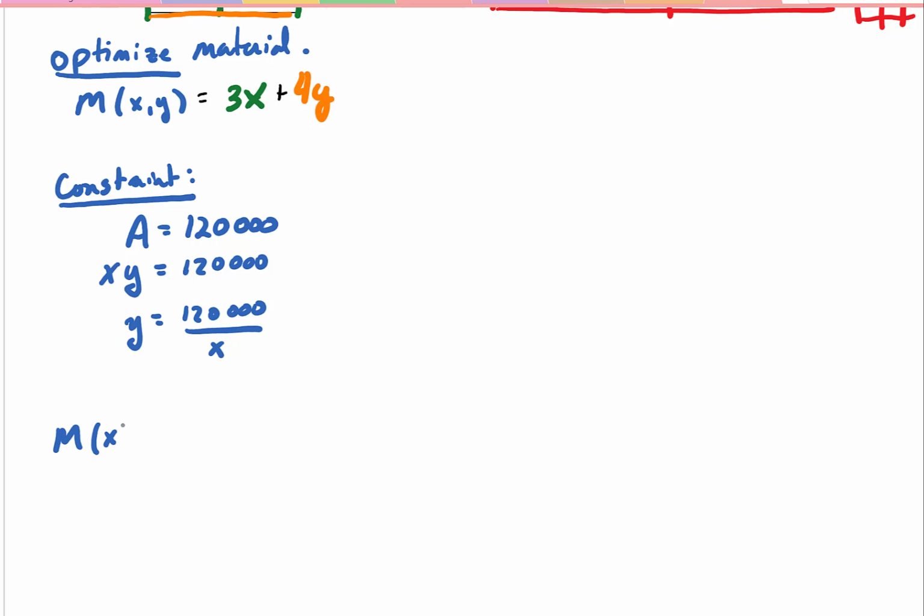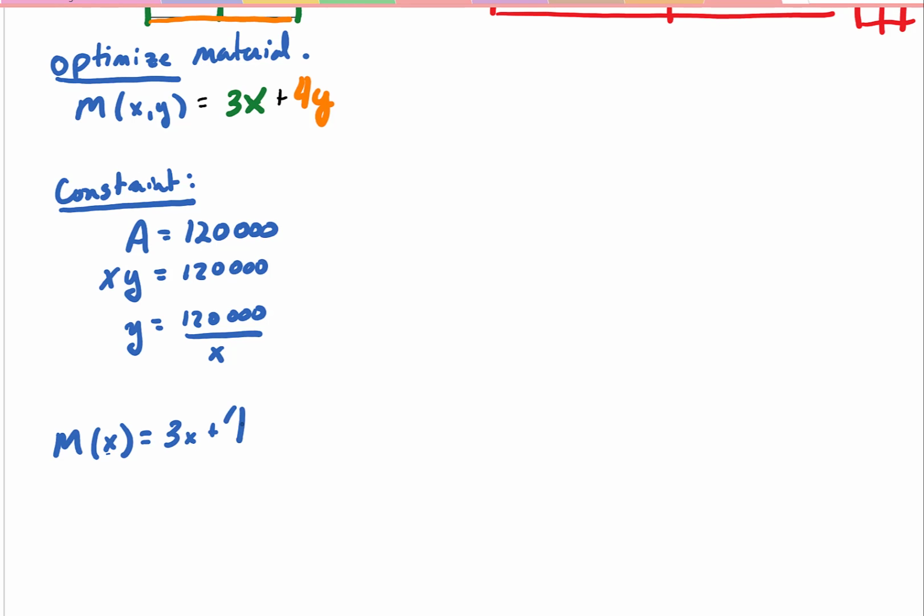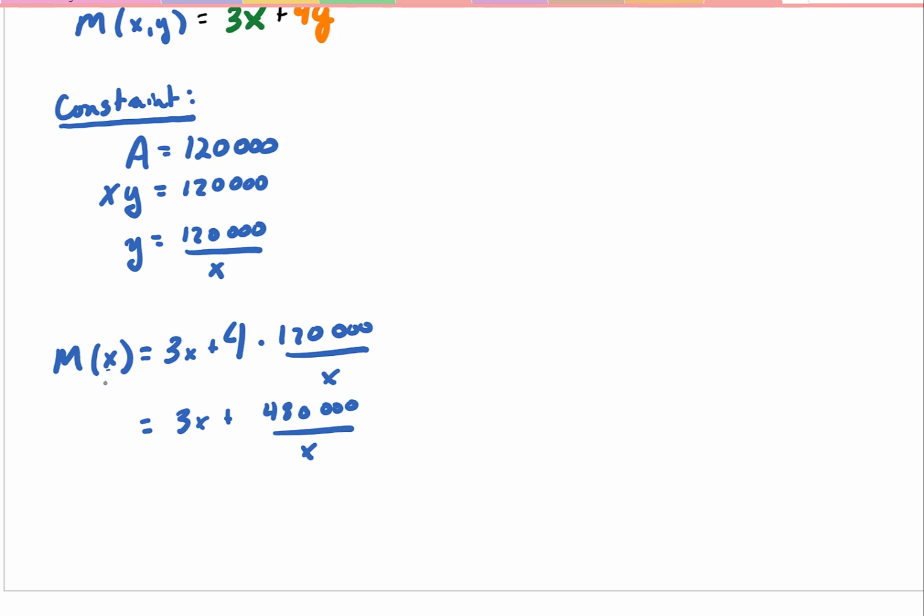Now I'm going to write this as just m of x. Notice that this was m of x, y first. Now it's just going to be m of x, and that's equal to 3x. We plug in, well, here's the 4, and then for y we put 120,000 all over x. Where m of x is equal to 3x plus 480,000 all over x. Now this function is, as I said, just a function of one variable x,